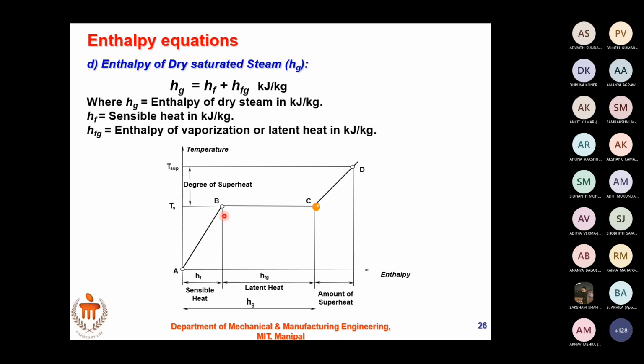So for enthalpy of saturated steam, exactly at this point, I will use the suffix G for this specific enthalpy term, H suffix G. The reason is there is no mixture, there is no water content here. It is completely dry saturated steam. So it is the amount of heat required to convert 1 kg of water at 0 degrees Celsius into dry saturated steam at the given constant pressure. Please make note of this equation.